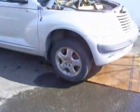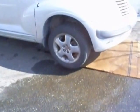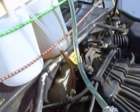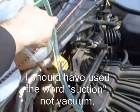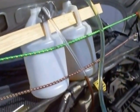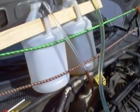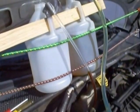Okay, here's the setup. I've got the car up on jack stands so that I can turn the wheels left and right, lock to lock, to make sure I purge all the old power steering fluid out of the power steering rack. And then I took the pressure line here, and you can see it's got some old brown fluid already in it, and it goes into this container which is empty. I've got the vacuum line from the power steering pump hooked up to this piece of tubing, which I've pre-filled with power steering fluid, and it's hooked up to that jug, which I've put 3 quarts of fresh power steering fluid in. Now I'm going to get in, start the car, and turn the rack side to side, and keep an eye on the level in the bottles, and hopefully the old fluid will fill the bottle on the left, and the fresh fluid from the bottle on the right will vacuum into the power steering system,